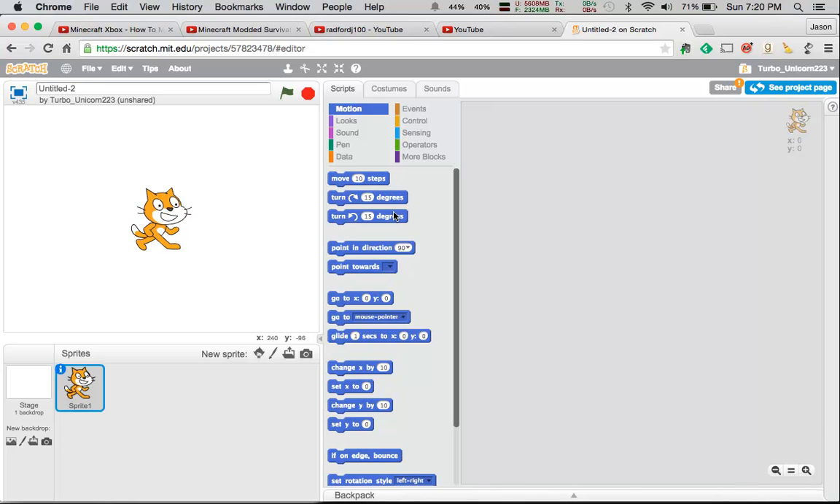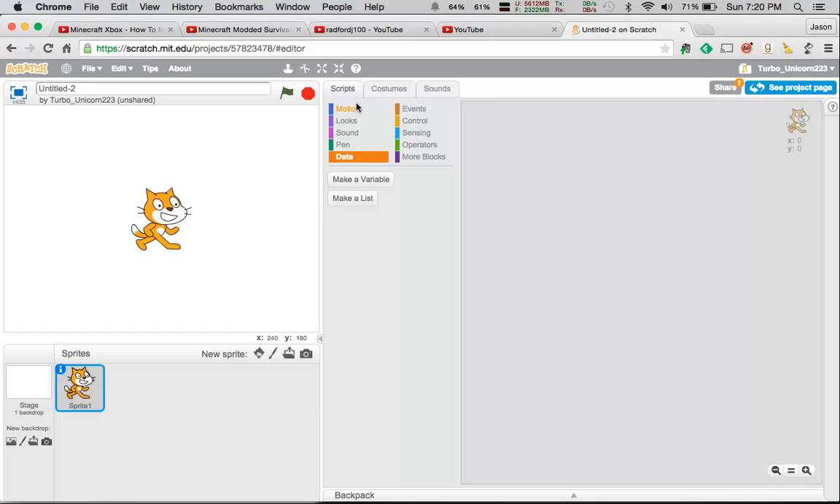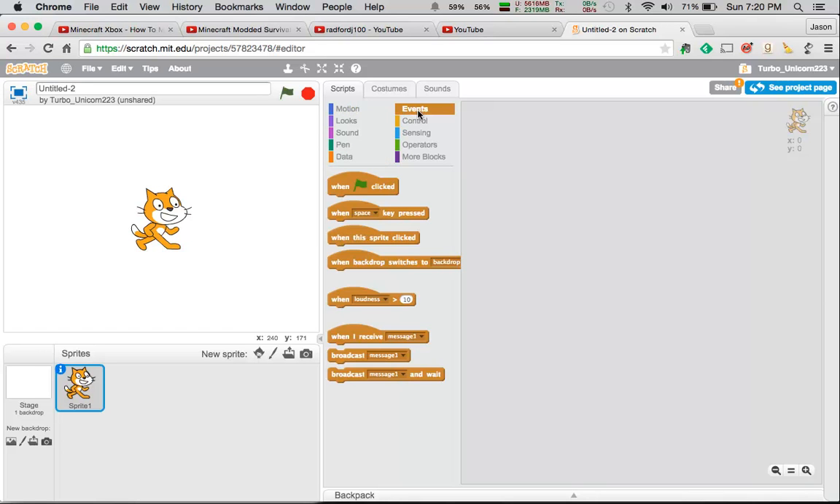Like for instance, I would say move 10 steps. I would click that and drag it over. But first, we must create a command to start it. What you're going to do is go to scripts, which is basically all the programming blocks you can use. Events. This little flag means start the video. So, when the start button is clicked,